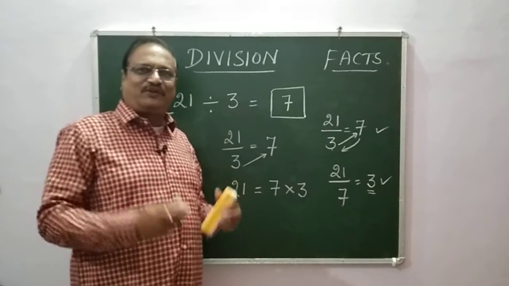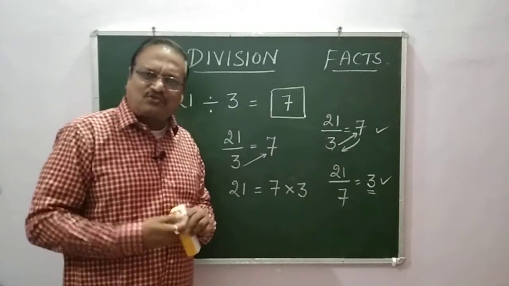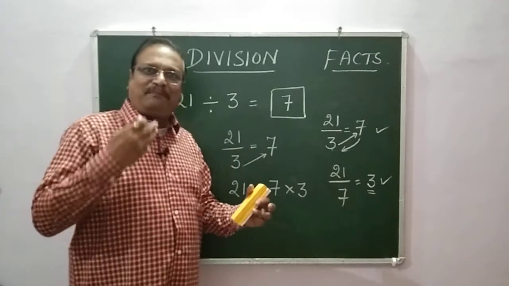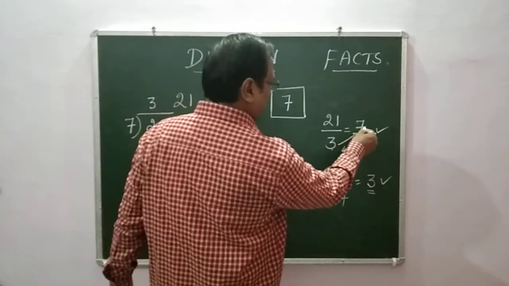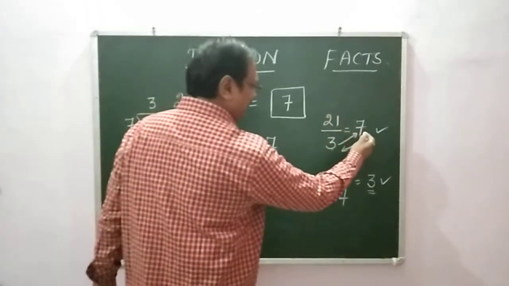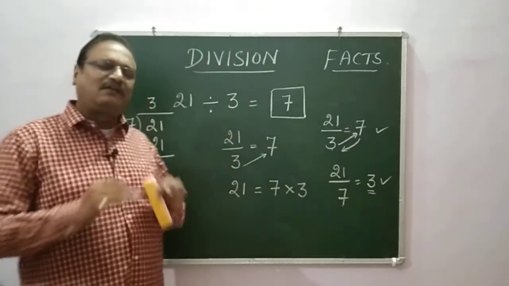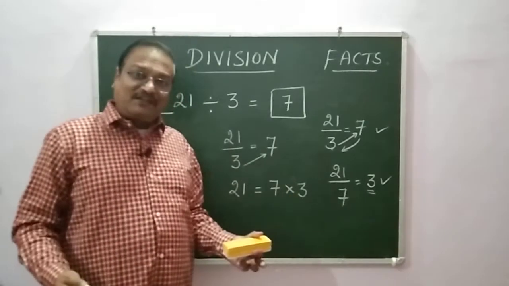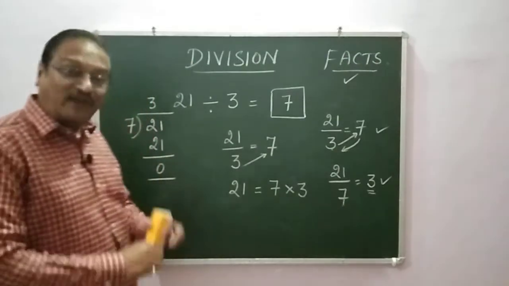I have interchanged. If you give your pen to your friend and you take her pencil, what did you do? You interchanged a pencil and a pen. Here 3 and 7 interchange their places. Where it is here, it comes down, and where it is here, it moves up, and the answer is the same. Believe me, the answer is the same. That is why it is called a fact.